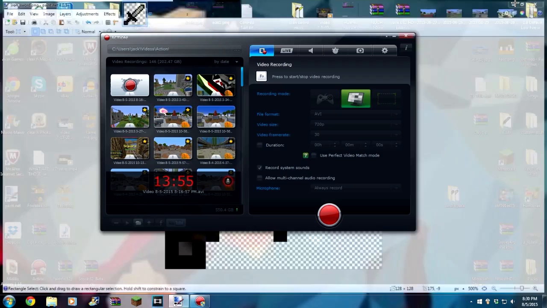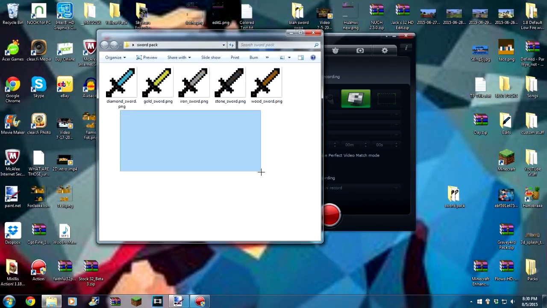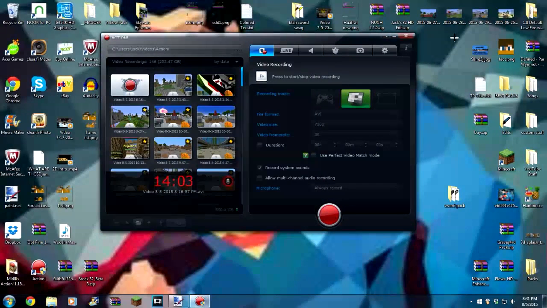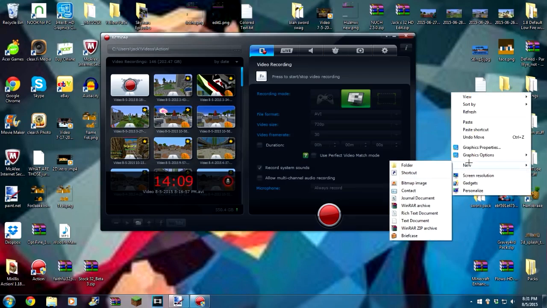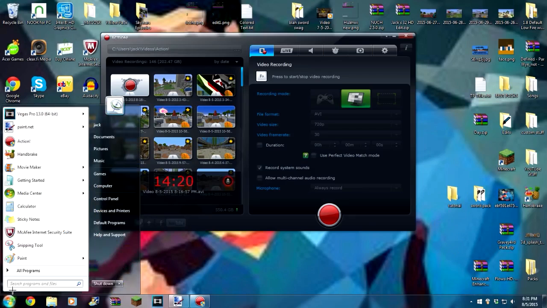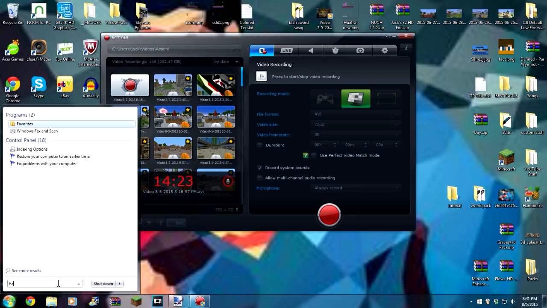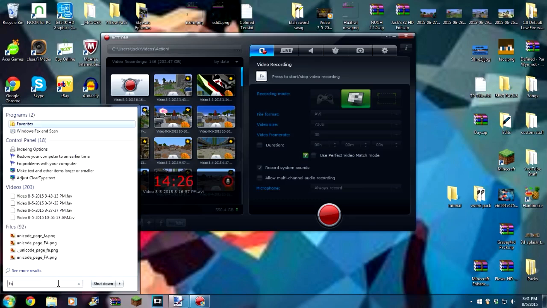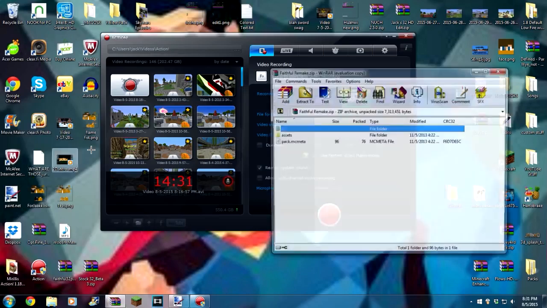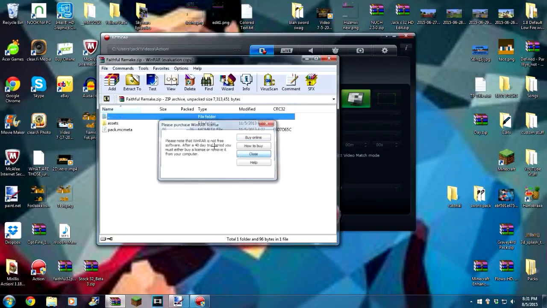Now we can go here into our sword pack and we'll see we have 5 very nice swords, but let's say we want something a bit more HD. So we're going to go to new folder. I'll just name this tutorial, and then you can pretty much take whatever you want. So what I'm going to do is select the resource pack, Faithful. I've got a lot of different Faithful texture packs, but I'm going to go to this remake one that I made of Preston Plays